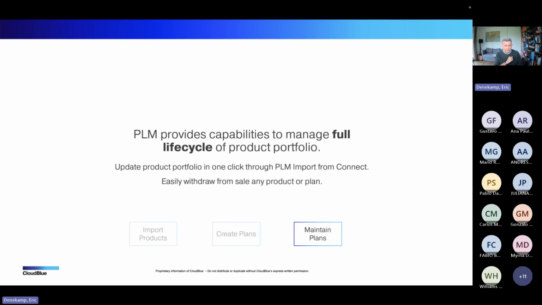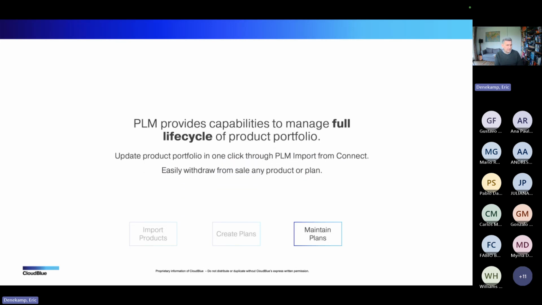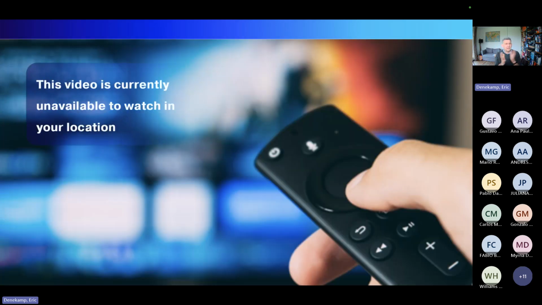So what we're going to look at now is we want to maintain our plans, and we want to be able to easily withdraw specific products or plans. And we're basically looking at something like this, right? Maybe you have traveled around and you're on Netflix and you thought that, hey, this movie that I wanted to watch for some longer time, I saw that it's on Netflix when I was at home, so now I'm traveling. Now I have the time to do that in the evening. I want to start watching that video, and it gives you this option.